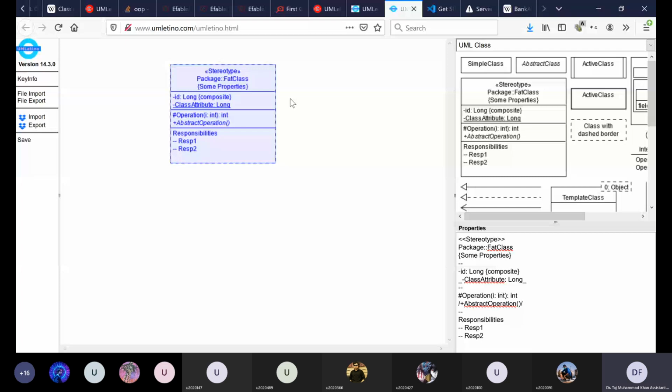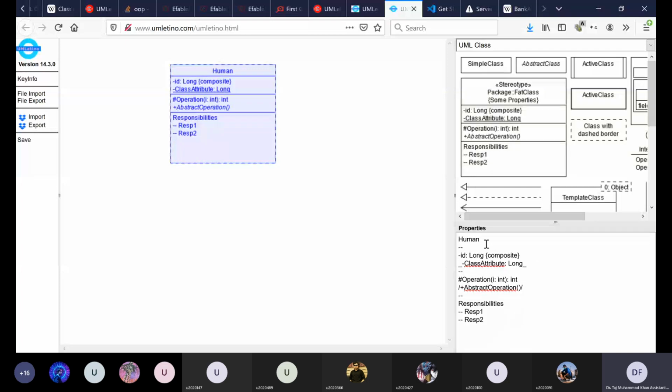Here I can modify it. On the right, I have this panel where I can modify these things. Let's say I have a class human, and then I have some variables. Instead of human, let me call it employee.